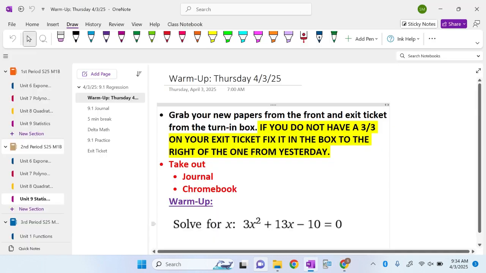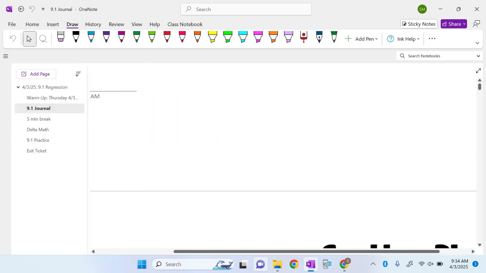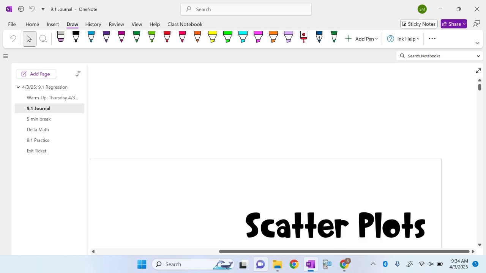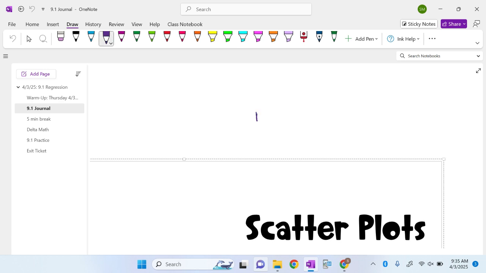Well, this is where we're going more in depth. All right. So let's go ahead and look at this journal. So first things first, we do have our I can statement, which I don't have a box for, but just write it somewhere either above or in your journal itself. So this is lesson 9.1, and the I can statement is I can